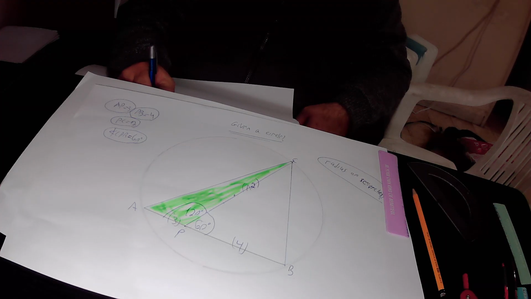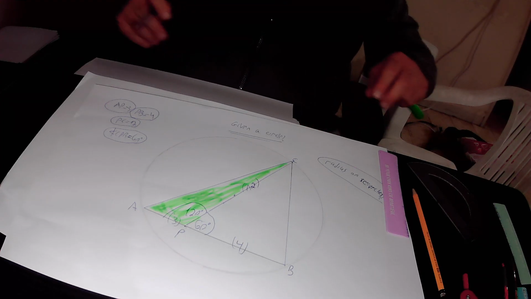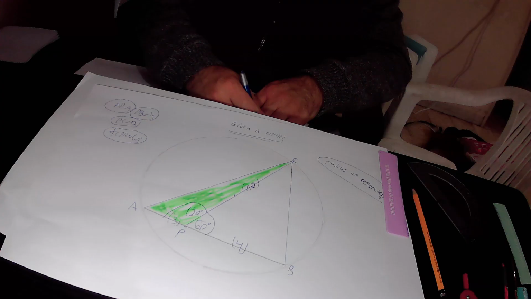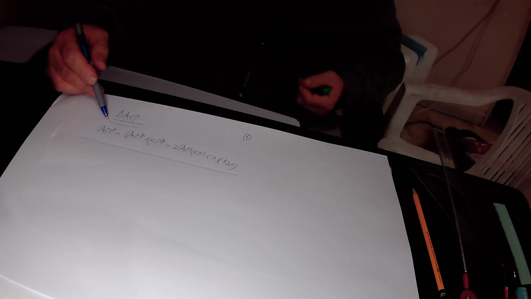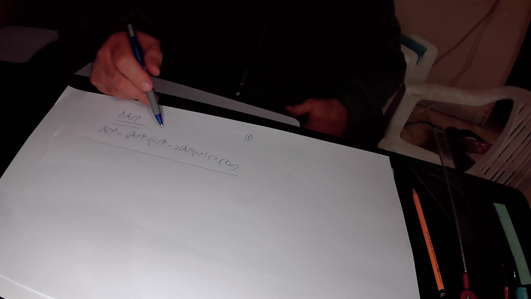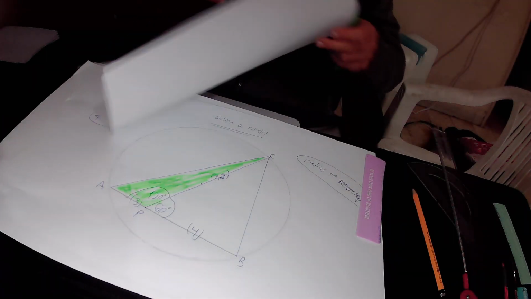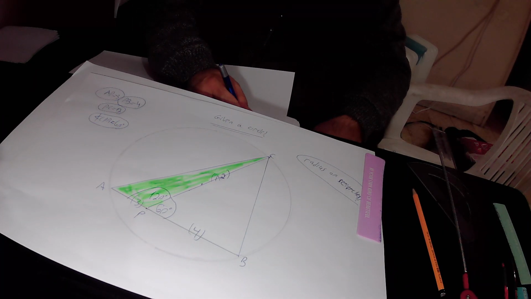And again, in this green triangle APC, according to the law of cosines, the following equation is true. AC square equals AP square plus CP square minus 2 times AP times CP times cosine 120 degrees. AC is the missing side, so leave it as it is. So it is AC square